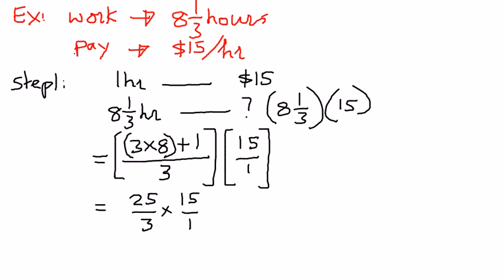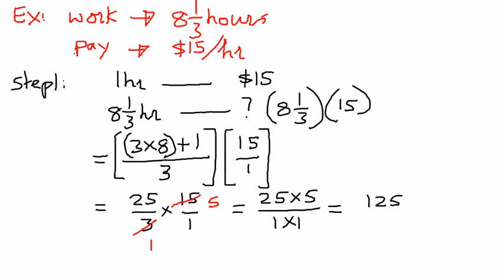So 15 in the numerator is a multiple of the number 3 in the denominator. So 3 times 1 is 3, 3 times 5 is 15. So when we simplify this, we can write it out as 25 times 5 in the numerator, and then divided by 1 times 1 in the denominator. So 25 times 5 is equal to